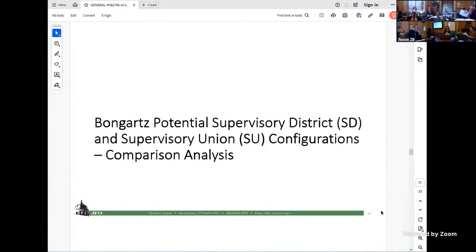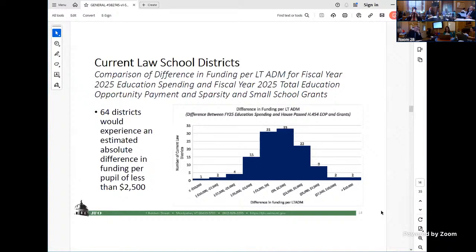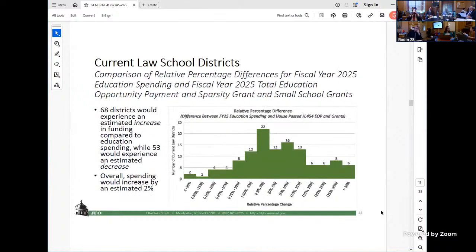But can I ask, what I've taken away is that on page 13, with the current law school district, if any of us wanted to ask how our school district would be impacted by the new formula, you could pull that out for us individually. So you could show us any of our districts, apply the proposed formula and show us if the budget would get cut in real terms, or increased. Yes.